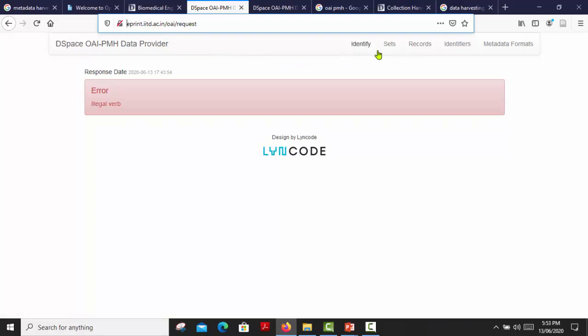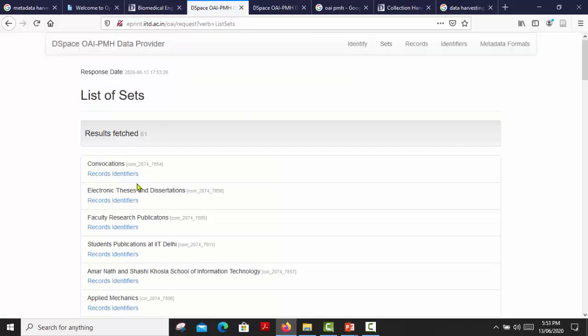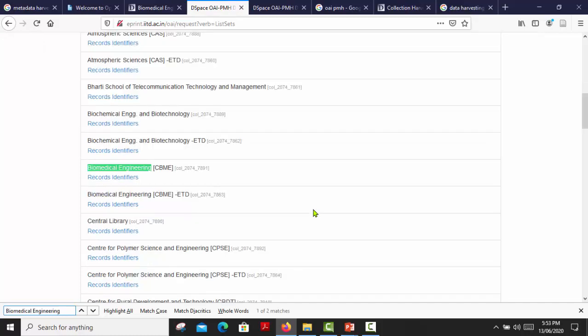Here click the sets. Then all the collections' information will be shown. Here we have to find the collection which we are going to import into our DSpace. I am going to find that biomedical engineering. Yes, this is biomedical engineering, CBME.